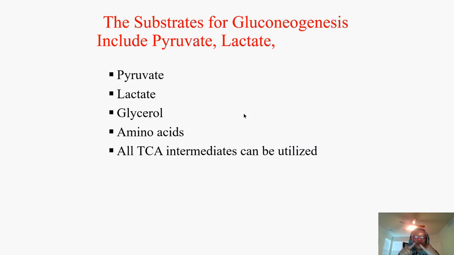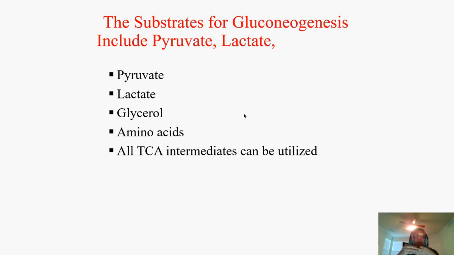In order to do gluconeogenesis in your cells, that means you have to be low in carbohydrate intake. So you don't take enough for many reasons. Number 2, there should be a need for energy. So you don't make glucose and just eliminate it from your cells. You make glucose because you have certain cells that need that glucose to do their cellular activities and utilize the energy that's provided by that glucose.